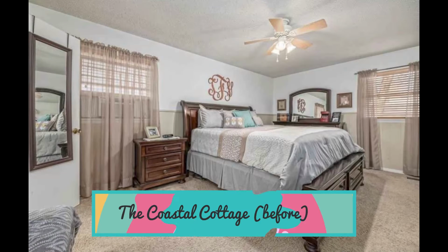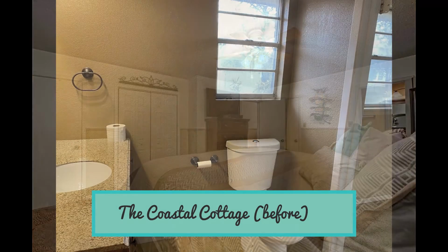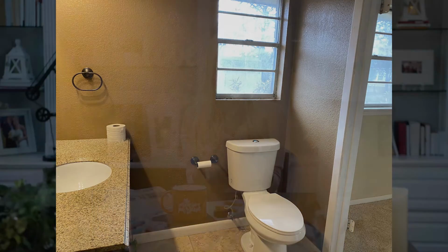We needed to decide how to handle the old master bedroom. When we walked in that room and looked at the windows, it was absolutely filthy. I don't even know how someone could breathe in that space. And this is the room where we looked into the bathroom, and we could see the toilet sticking out into the doorway. So through that process, we decided to move the master bedroom across the hall